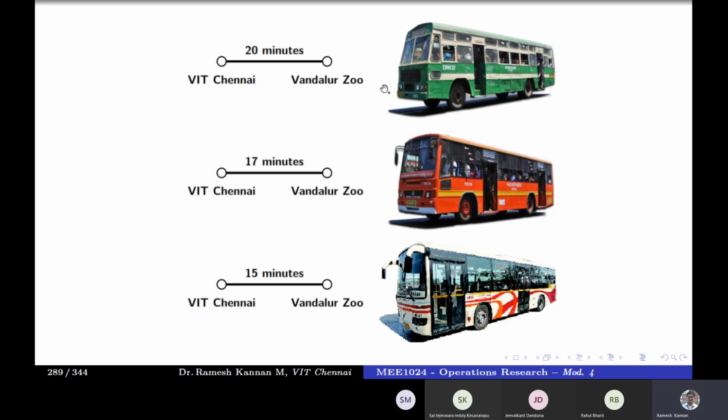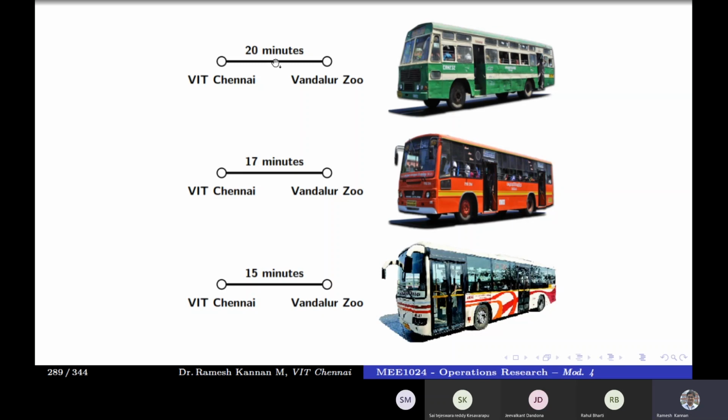If you're standing at a bus stop, you can board only one bus at a time. So if you happen to get this bus, you will get there in 20 minutes. If you get this bus, you can probably get to that location in 17 minutes. And if you get this, you can probably get there in 15 minutes. So this is a PERT problem. The AC bus is more optimistic. Most likely is the common bus you get frequently. But pessimistic is when no other bus turns up, only this bus turns up.